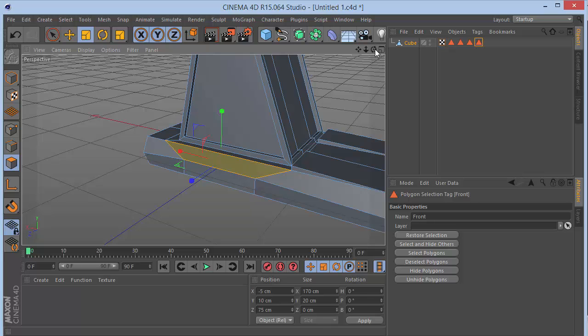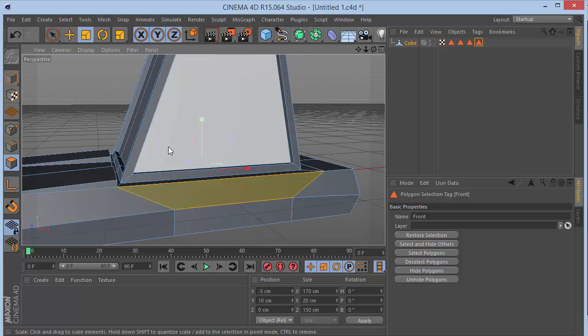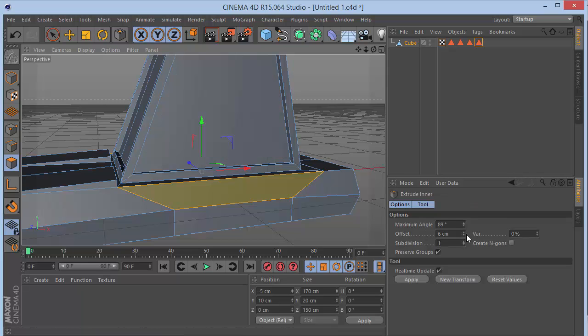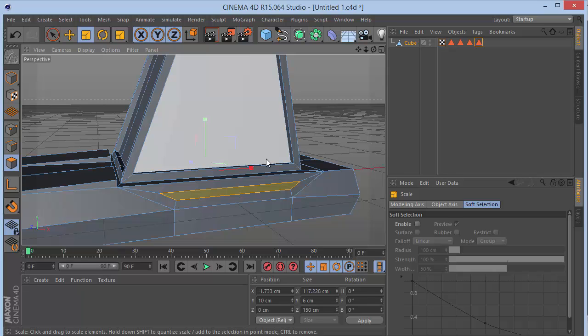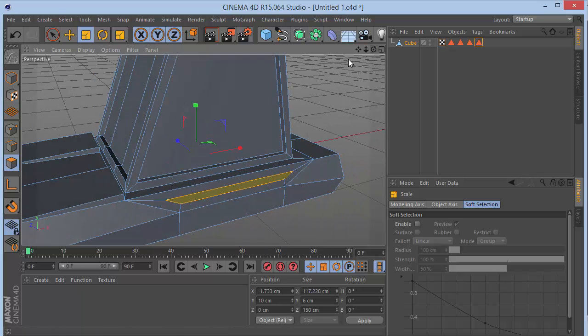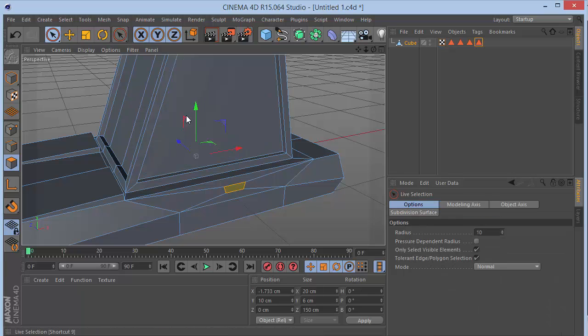So we want to select this polygon over here, hold down Shift and select this polygon over here, and press I on the keyboard to get the Extrude Inner. I'm going to give it an offset of 7, and then I'm going to press T on my keyboard to get the scale tool, and I'm just going to scale it on this axis, and probably set that down to say something like 20, and I'm going to move this back, so to say something around, like, I don't know,